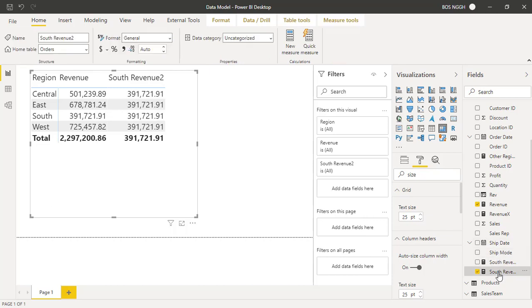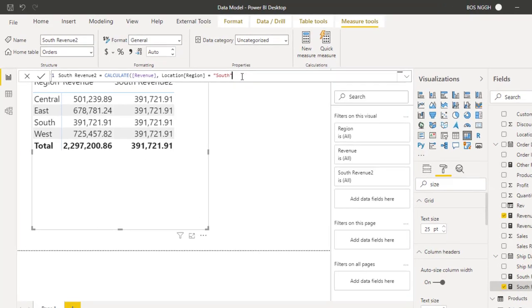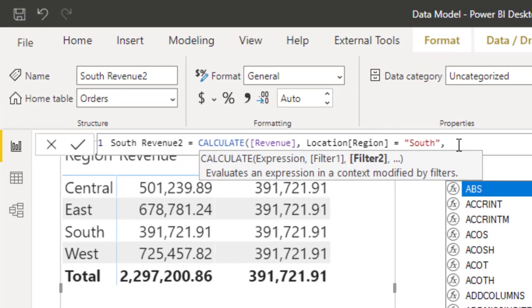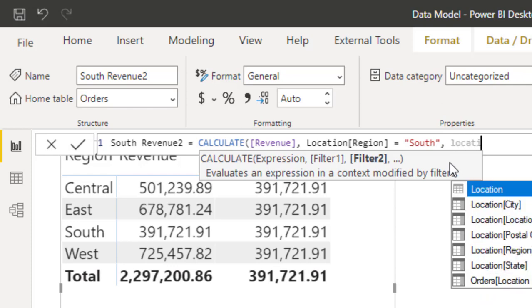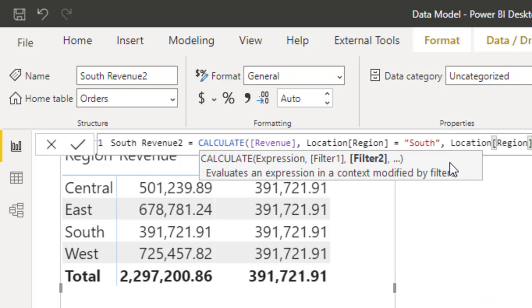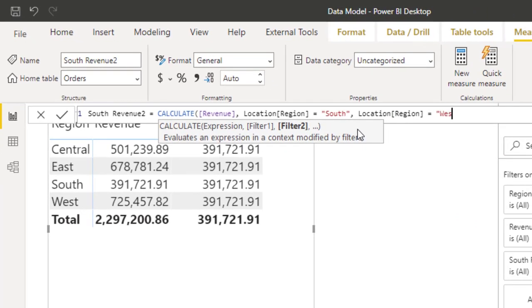So click on this South revenue, and let's say I want to include where the region is West as well. Maybe I could put a comma here. I don't want to end my formula here. I could put a comma, so it takes me to filter 2. Okay, so filter 2. I also want to see where the location region is equal to West in quotes,